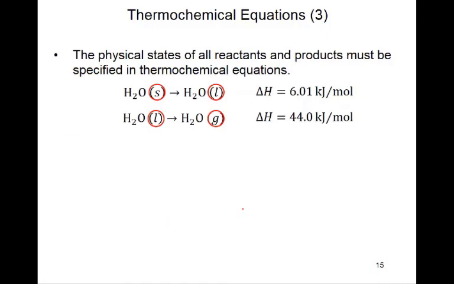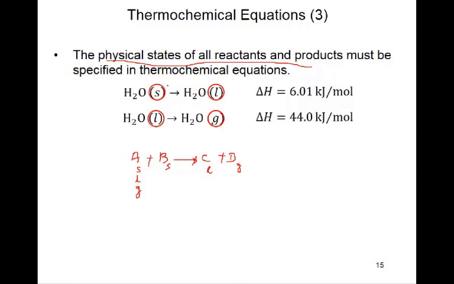Up till now you were writing the equations without stating the physical states of the reactants and the products. Before you were writing like this. Suppose I give you again the example. Suppose you say A plus B changes to C plus D. Now you have to write either it is solid, liquid or gas. Suppose B is solid, C is liquid, so you write L for liquid, and D is gas, so you write the gas. So the same thing is shown here.